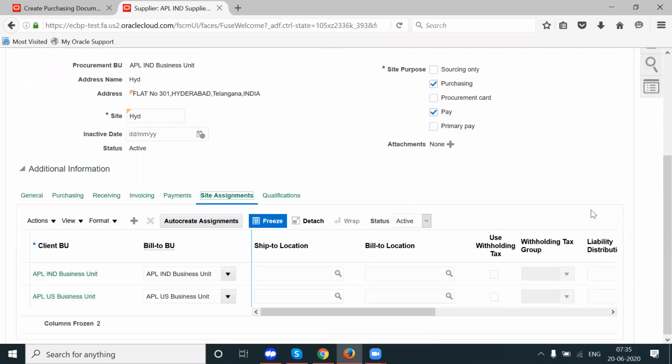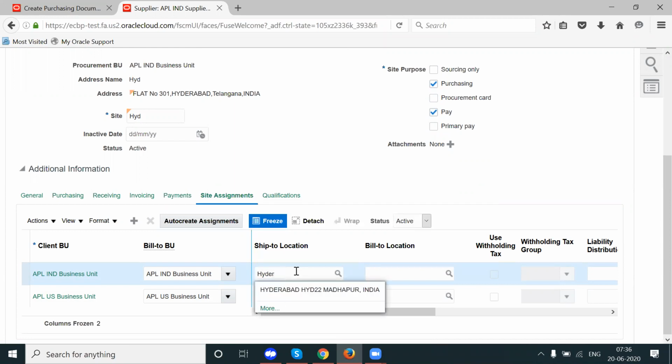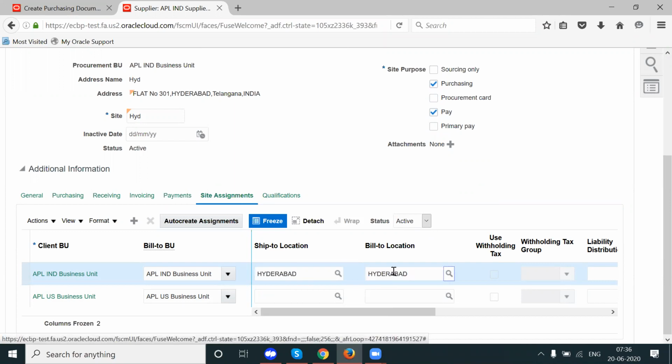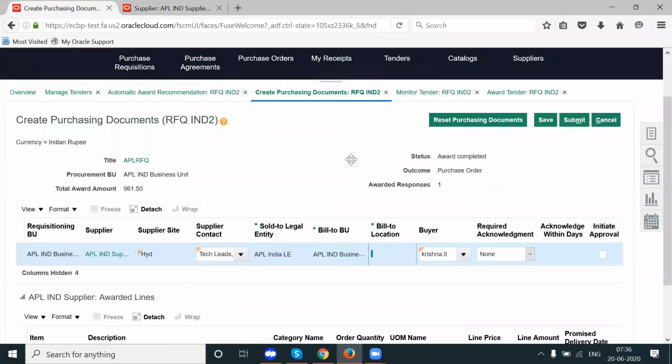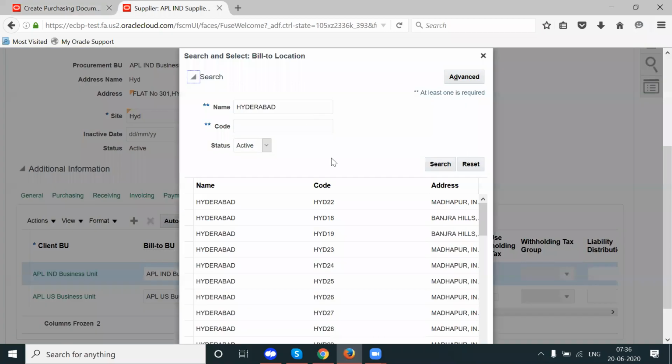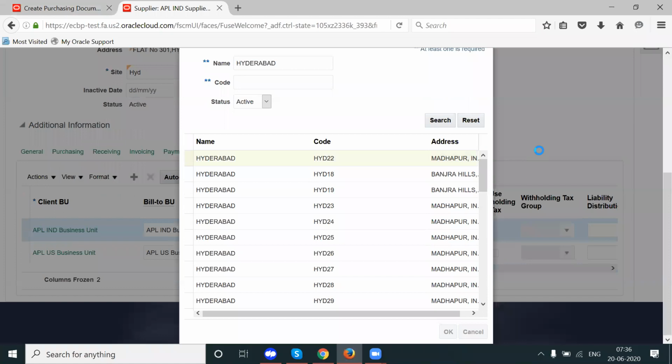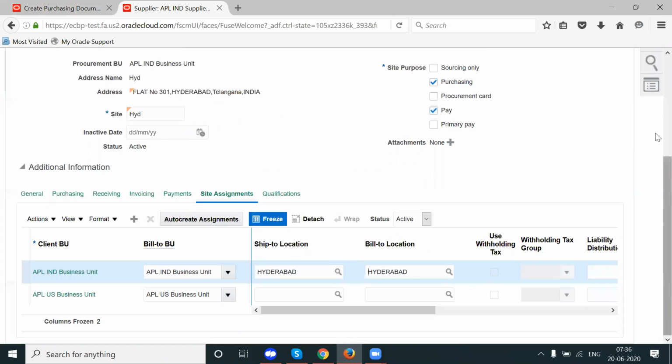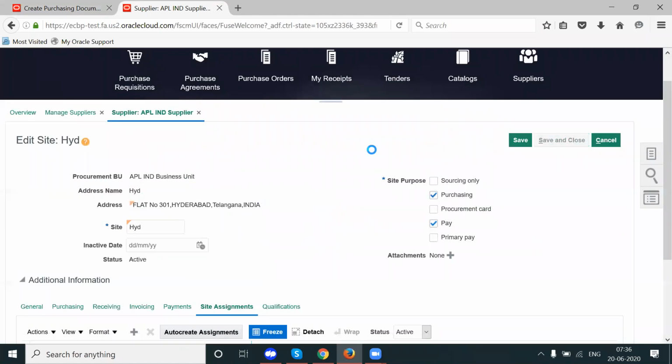Site assignment is available. Let me enter the default ship to and bill to locations as well, because the bill to location has not defaulted here. So I'm entering the ship to and bill to locations. Save and close.